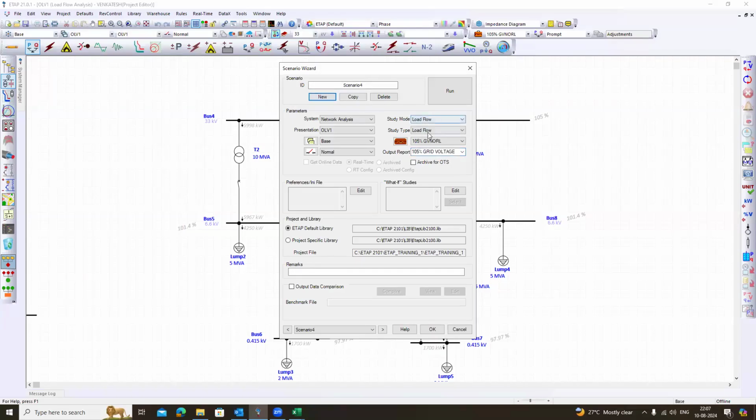Okay. Similarly, create 100% grid voltage maximum load. Create another scenario, 100% grid voltage minimum load. Now create another scenario, 100% grid voltage normal load. Okay. Now for 105%, again you have to create 105% grid voltage maximum load, and select